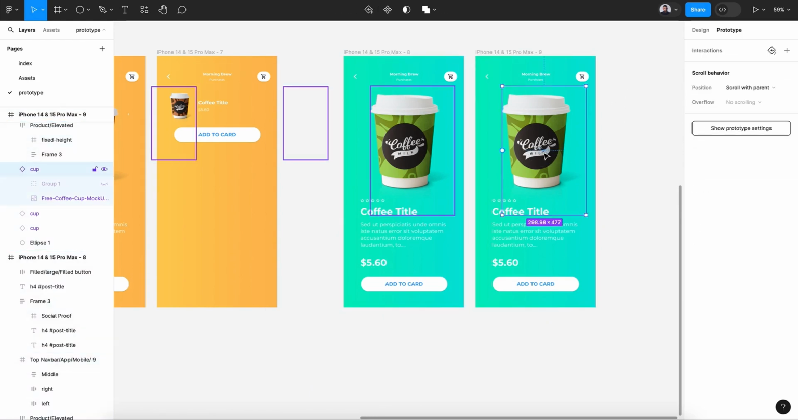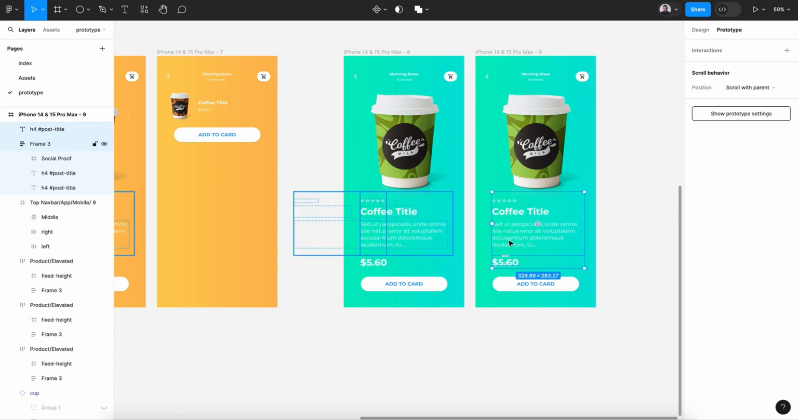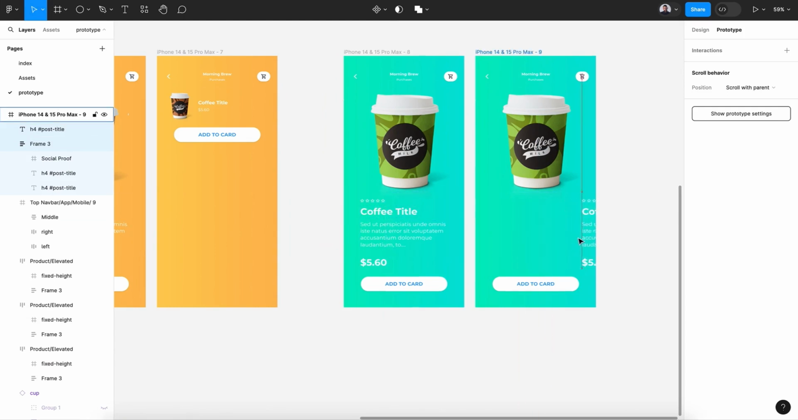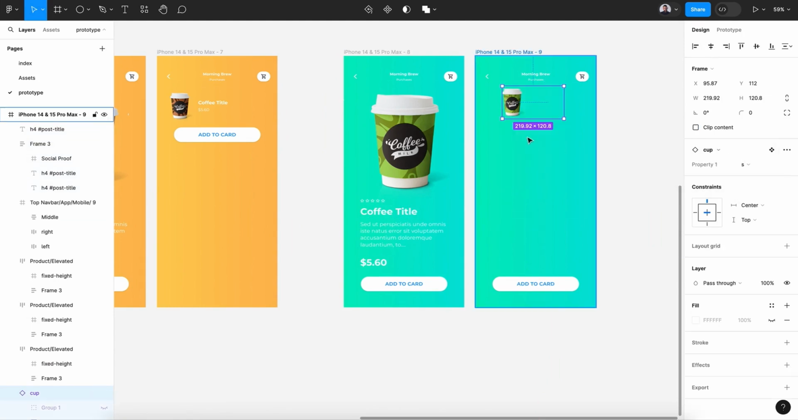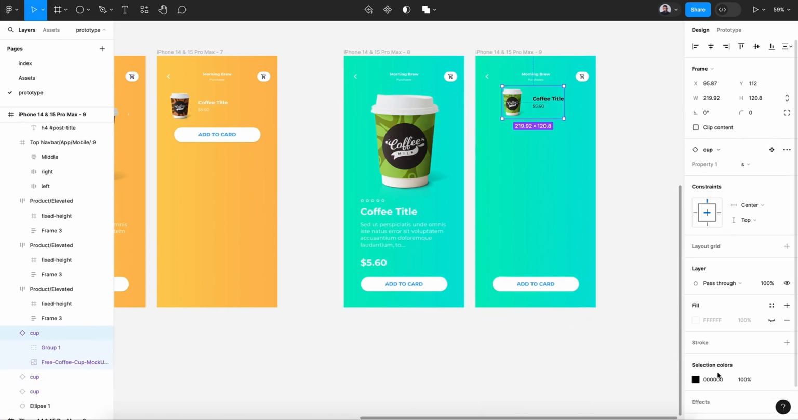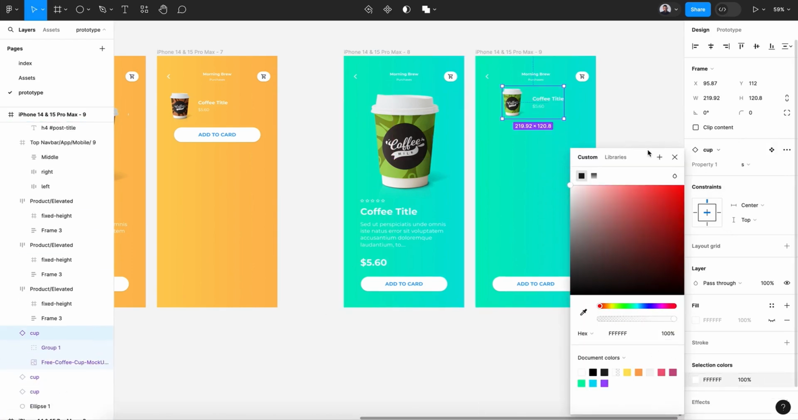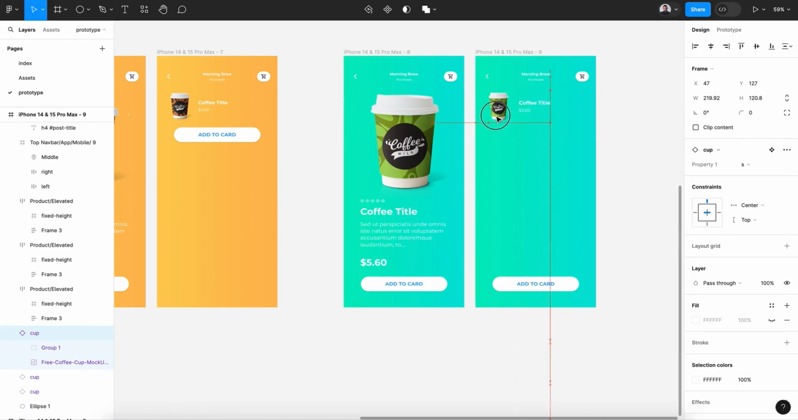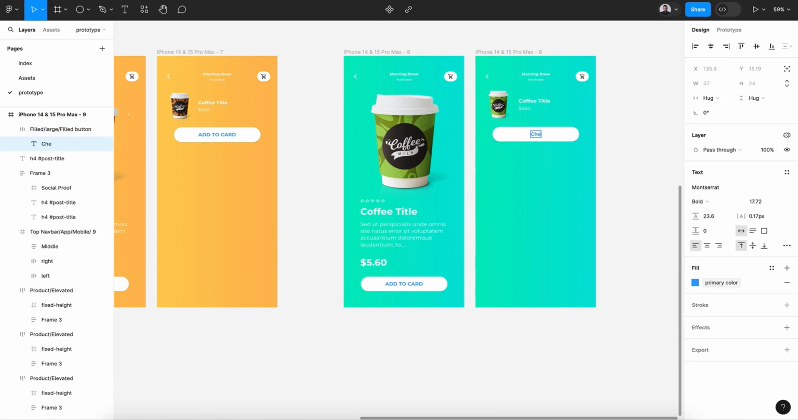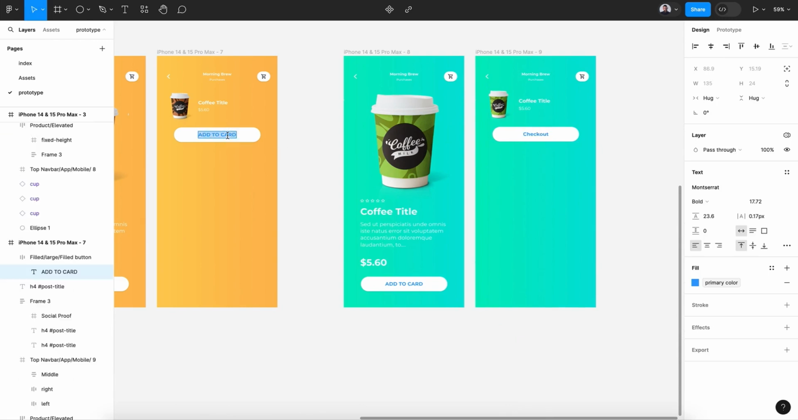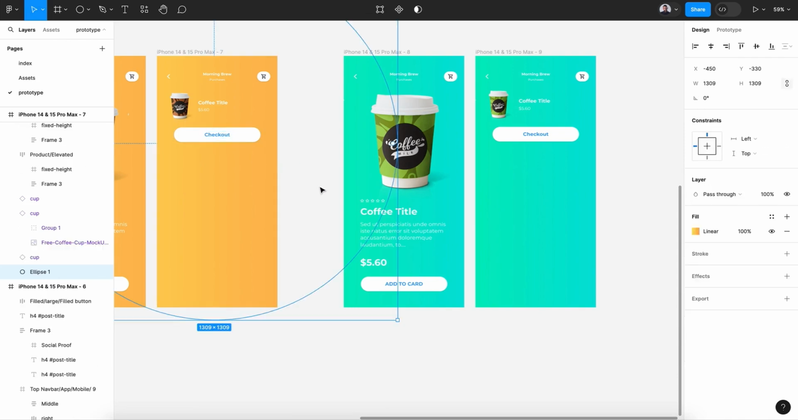All right, now let's go and move that to the side. Change this to S, and let's reveal the title and change it to white. Move it a little bit to the side and bring up this, and let's rename it checkout. Also here for the second screen. All right,